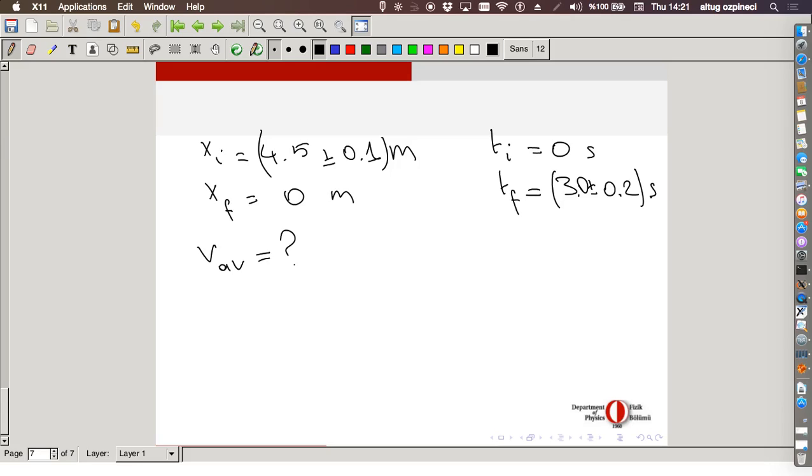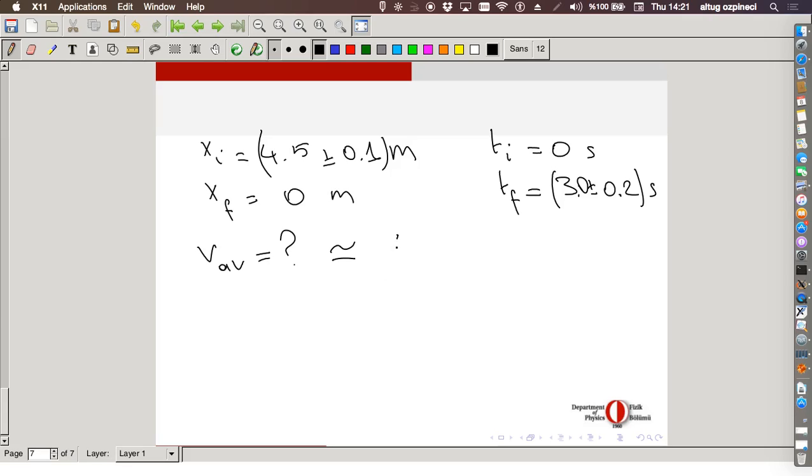Somebody else? I always see the same hands. I think that it's minus 1.5 meters per second. How do you get that? Well, we are looking at approximate values, so how do you get that number? I assume that because we didn't have a sign in the initial position, it was plus, so it was moving on the negative scale towards the reference point.